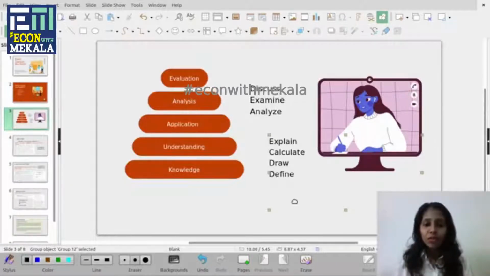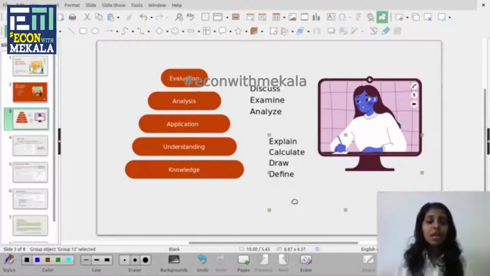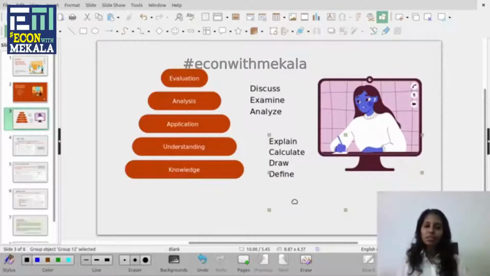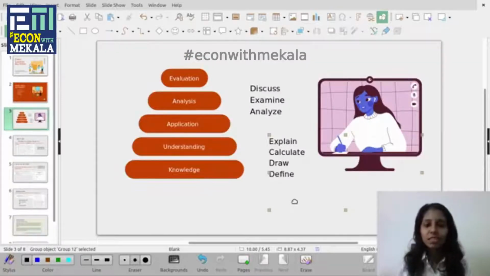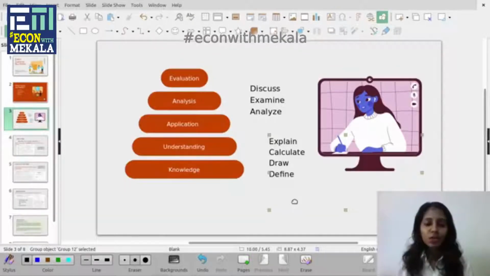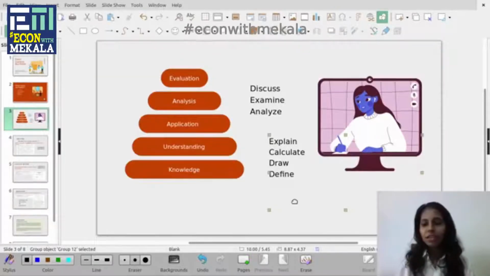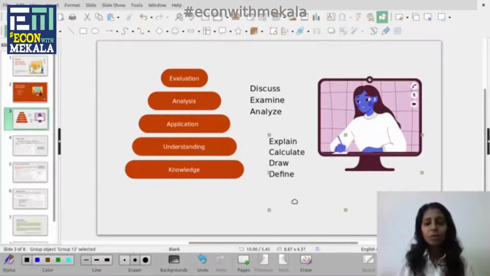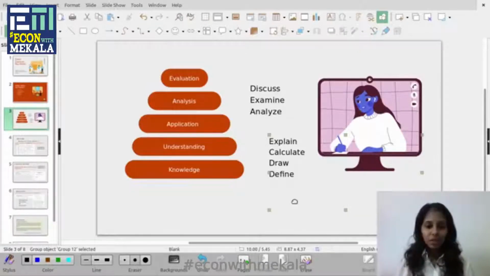You will be able to interpret data, and you will be able to explain using chain reasoning. Let's think about economics, where someone can ask you what is demand and supply. These are two very important keywords we use in economics, demand and supply. If you know the amount of goods and services people are willing to buy at a given price within a given period of time, that shows your knowledge about demand. But what is your knowledge about understanding?